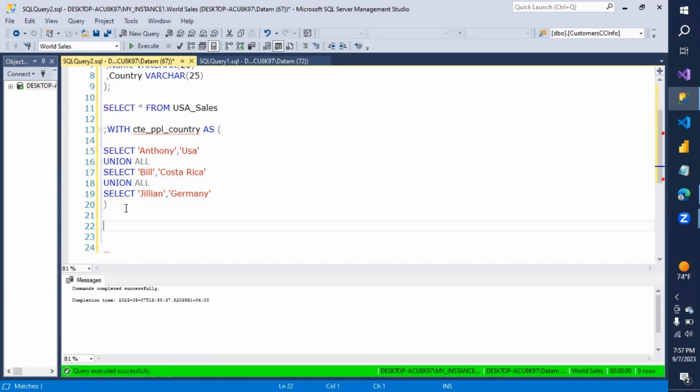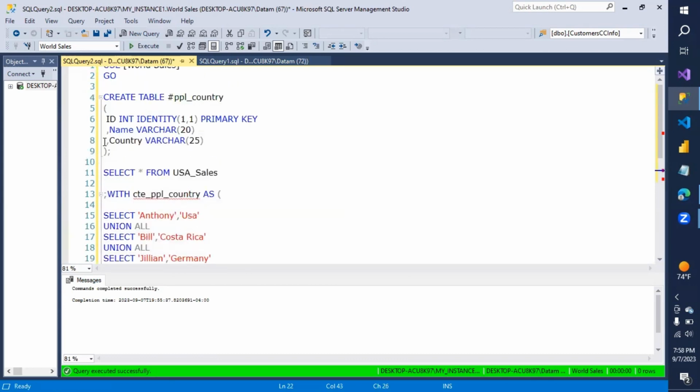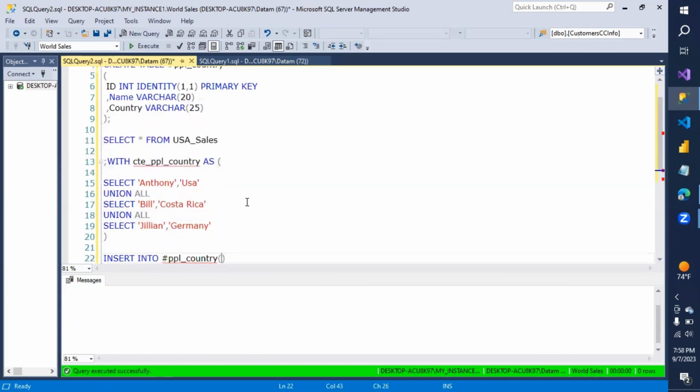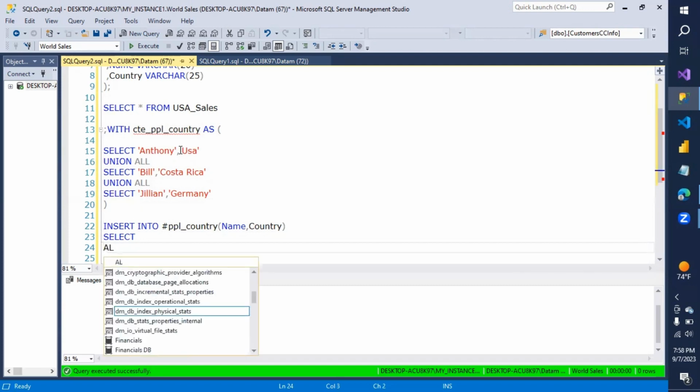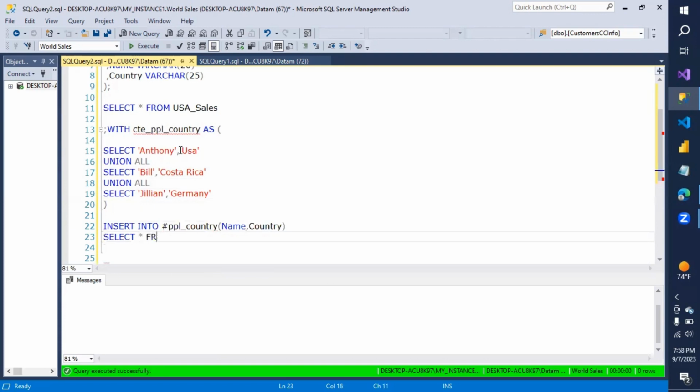So now it's INSERT. We're going to insert it into our temp table. I'm just going to list out the columns that we're inserting into. We don't have to mention the ID column, so we're just going to say name and country. And then now we're going to do SELECT all. Oh, I typed in all, that's hilarious. SELECT all from